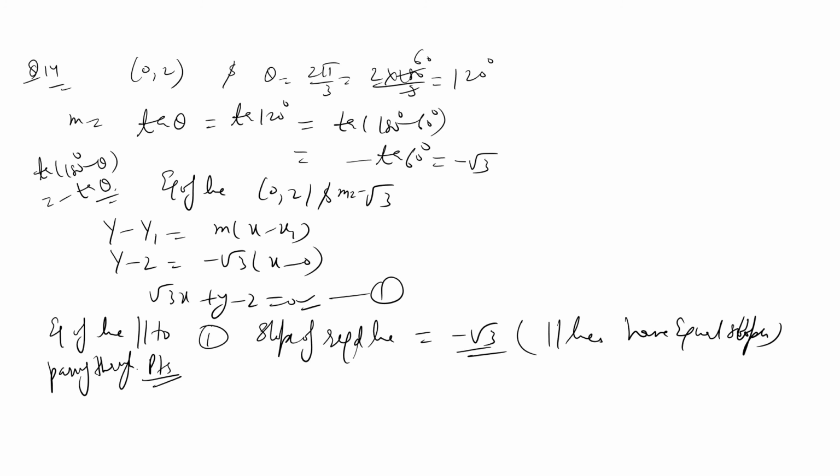ओरिजिन से 2 यूनिट नीचे बेटा, isn't it 0, minus 2? अब तो इक्वेशन क्या बनी, y minus y1 is m times (x minus x1), so root 3x plus y plus 2 is equal to 0. तो इसकी इक्वेशन जो है वो ये बन गई, ठीक है।